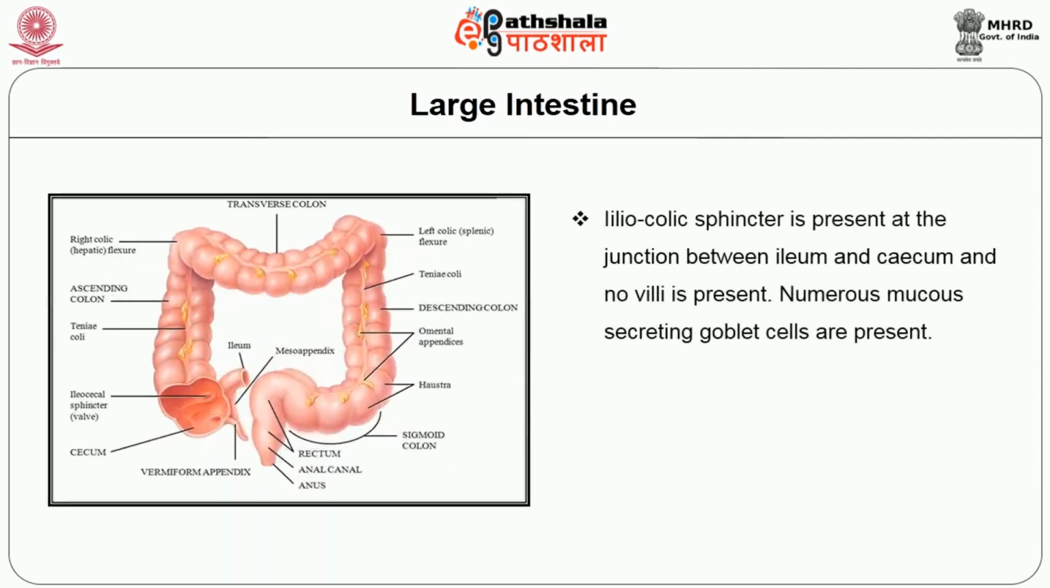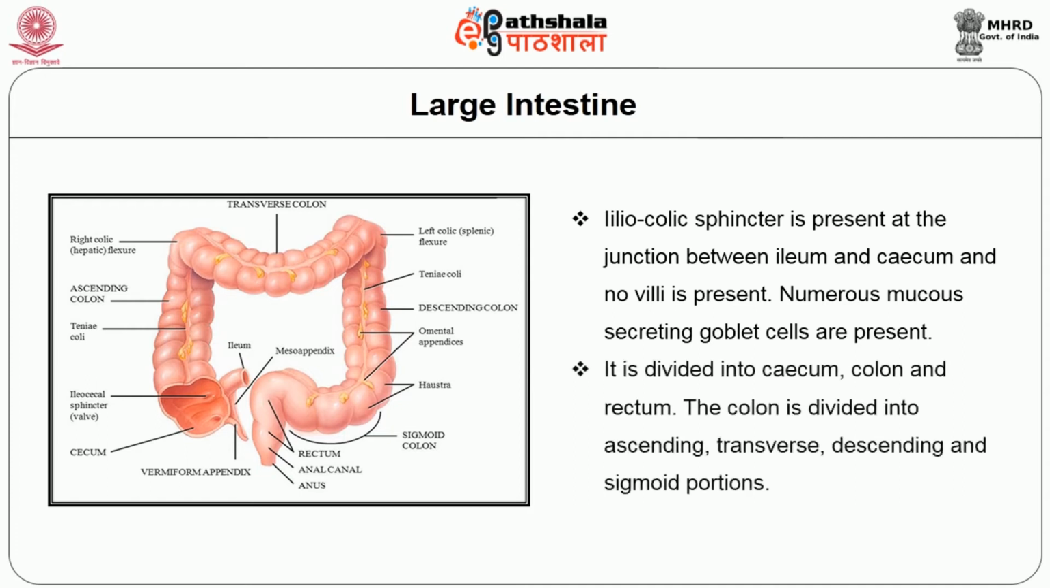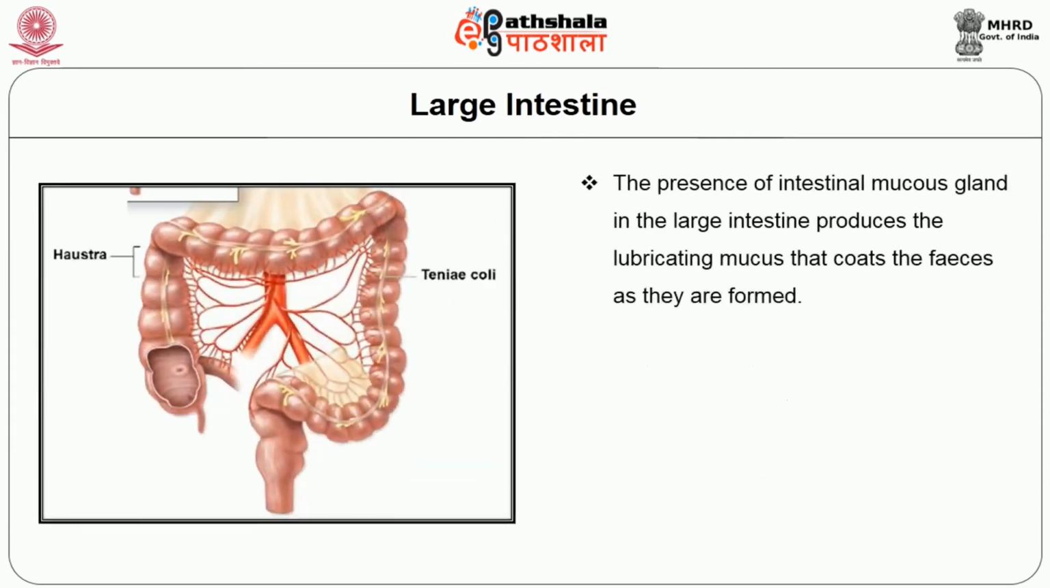Ileocecal sphincter is present at the junction between the ileum and cecum, and no villi are present. Numerous mucus secreting goblet cells are present, and it is divided into cecum, colon and rectum. The colon is divided into ascending, transverse, descending and sigmoid portions. The intestinal mucus glands in the large intestine produce the lubricating mucus that coats the feces as they